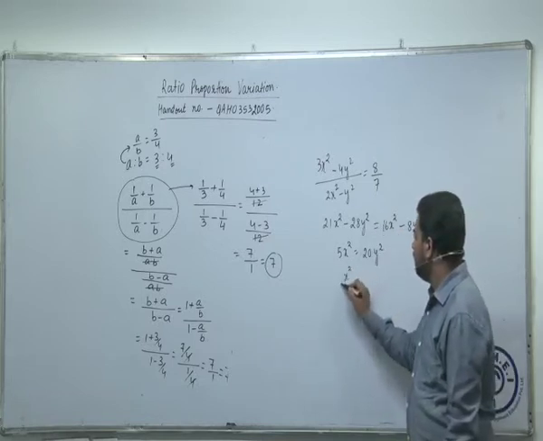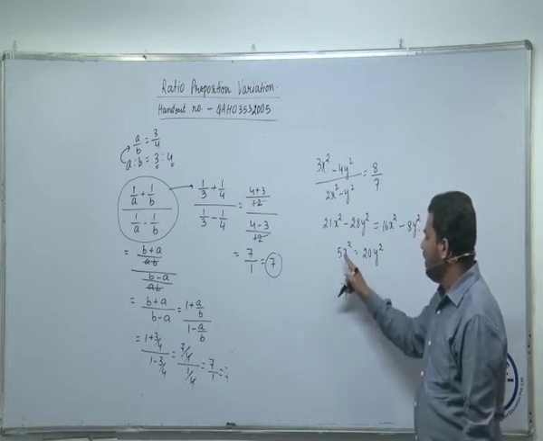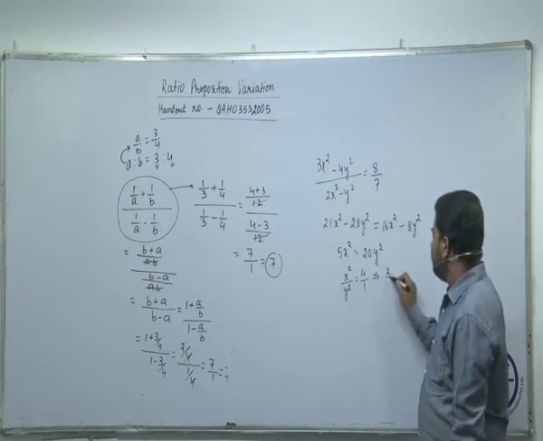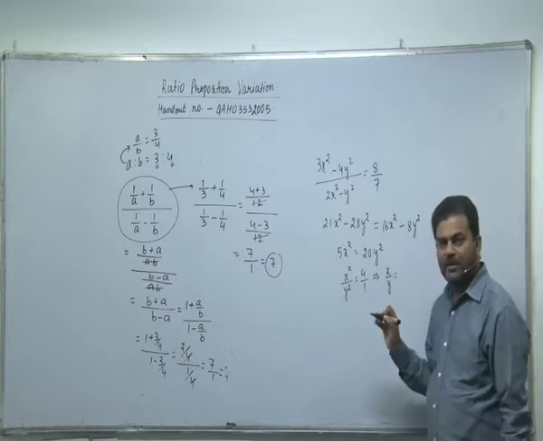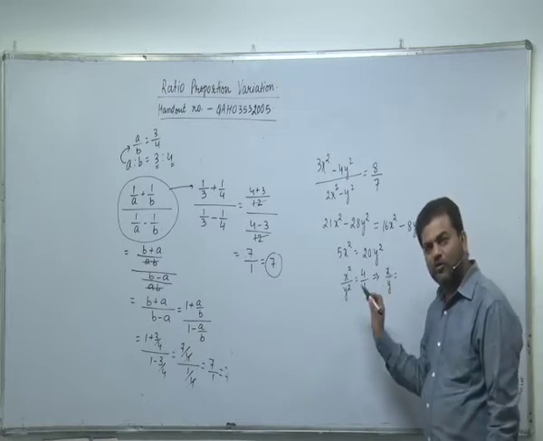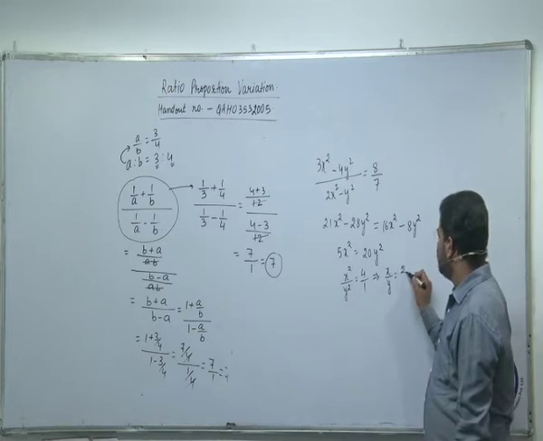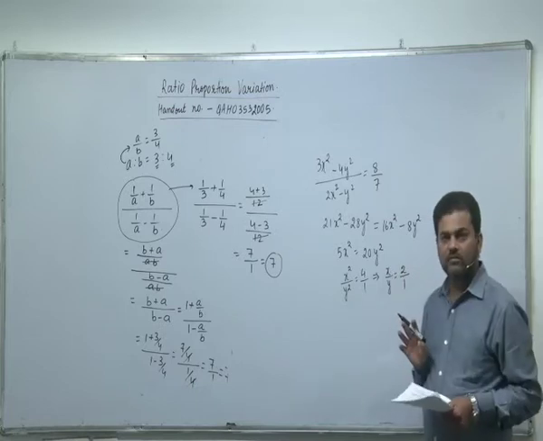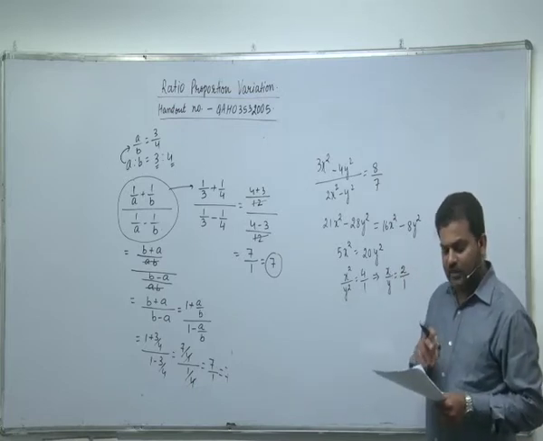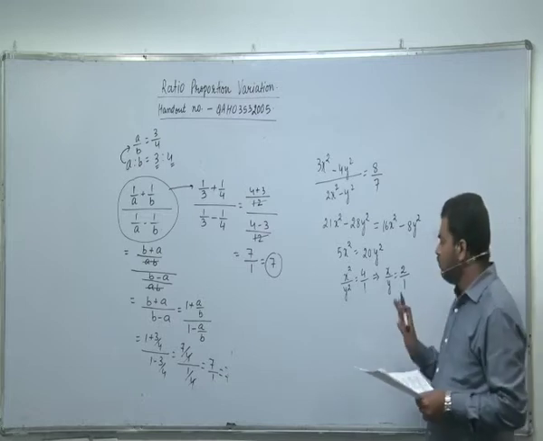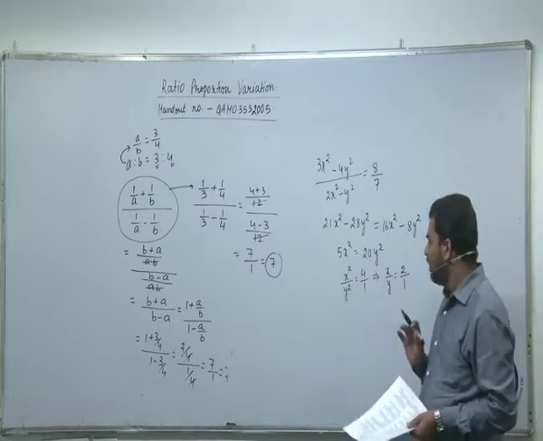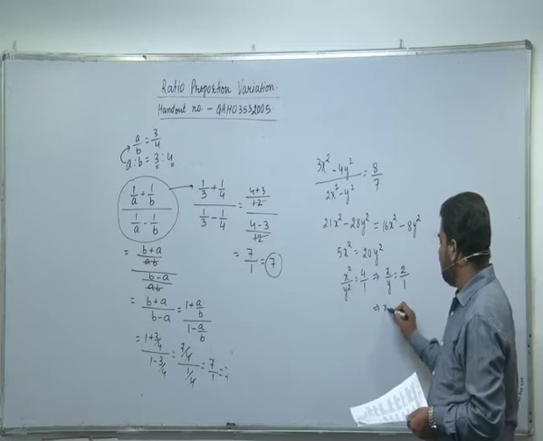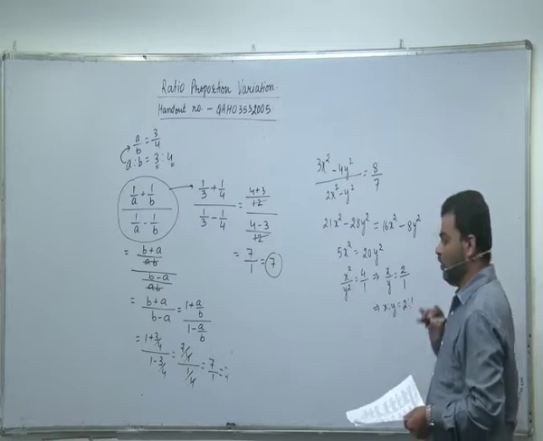Can I write x square by y square will be equal to 20 divided by 5, which is 4 by 1? Will this imply that x by y is equal to, I am taking square root on both sides, so square root of 4 is 2 divided by square root of 1 is 1. Can we have minus 2 by minus 1 here? No, because if you read the question carefully, in the brackets it is given x and y are positive. So we do not have to consider the negative values. Okay. Now you have got x by y as 2 by 1, which is same as saying x is to y is 2 is to 1, right?